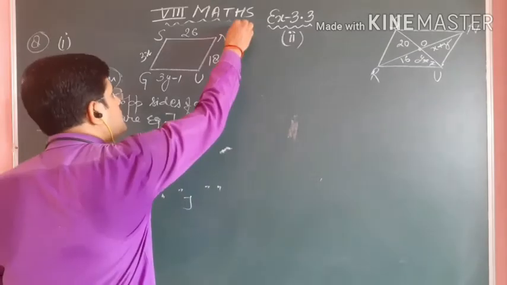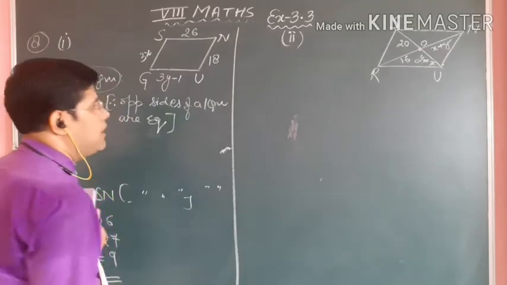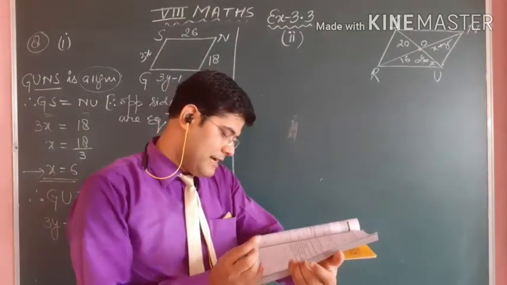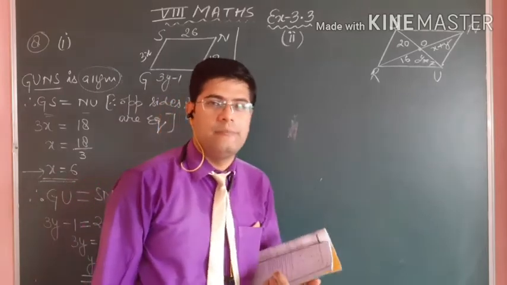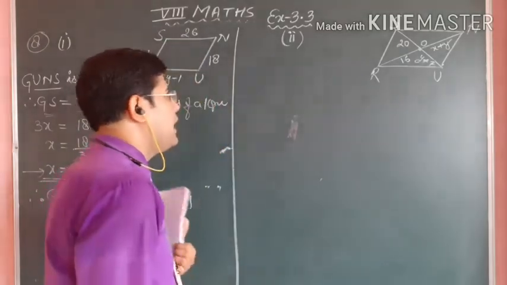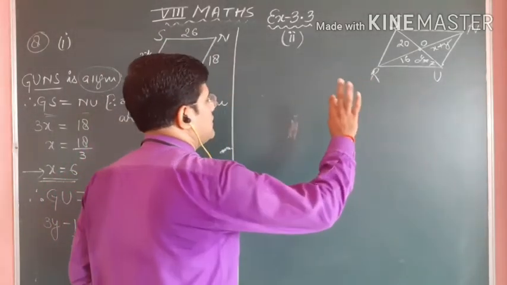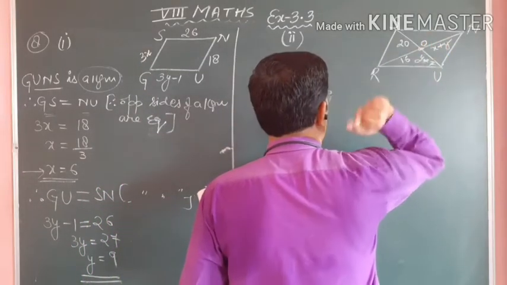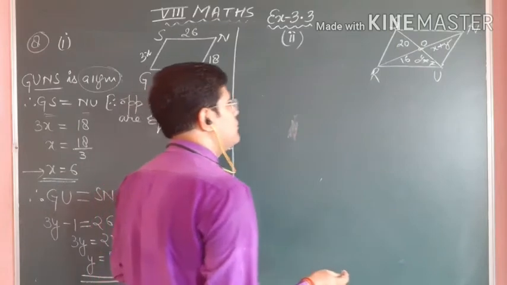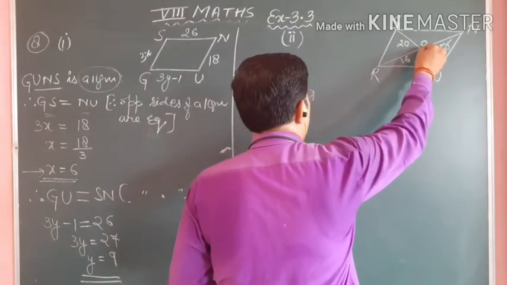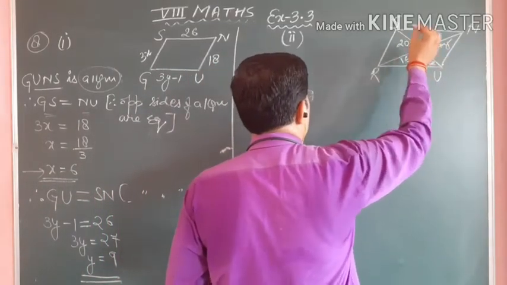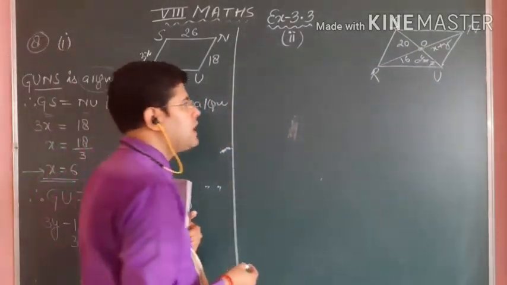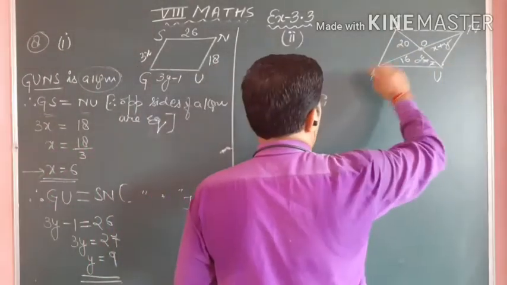Now, the question number second, or the second part of 8. What is given? It is RUNS. RUNS is a parallelogram. So, in this, it has 4 segments. Here I put O, which is not given in sum. In figure, if you see in your notebook or in your book, the O is not given, so I put that point. This O is the intersecting point of diagonals. Which are those diagonals? SU and RN.